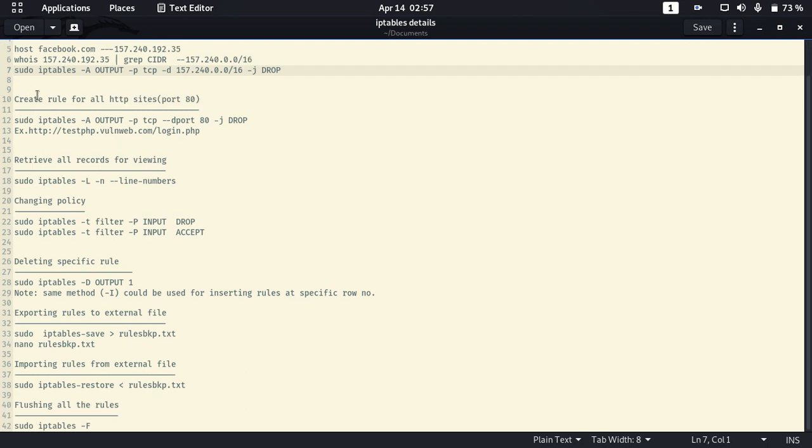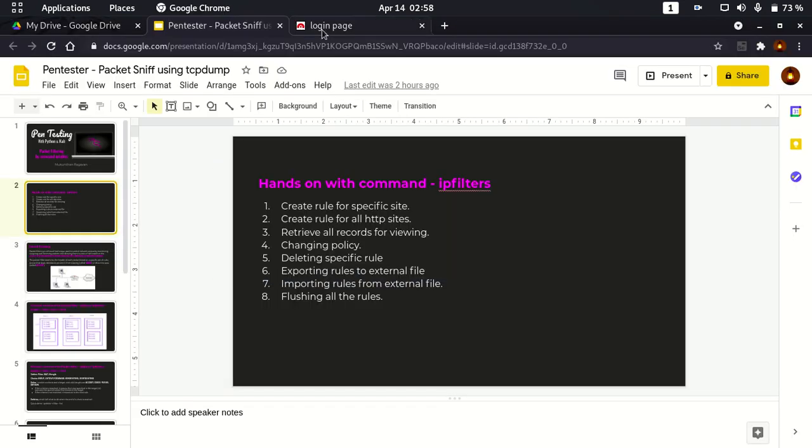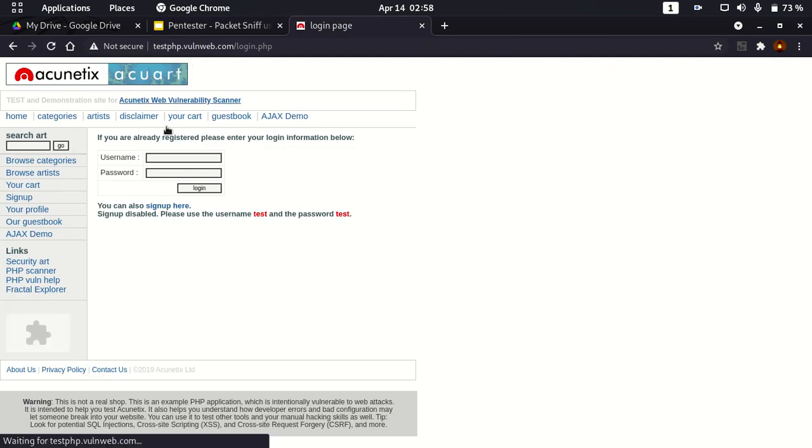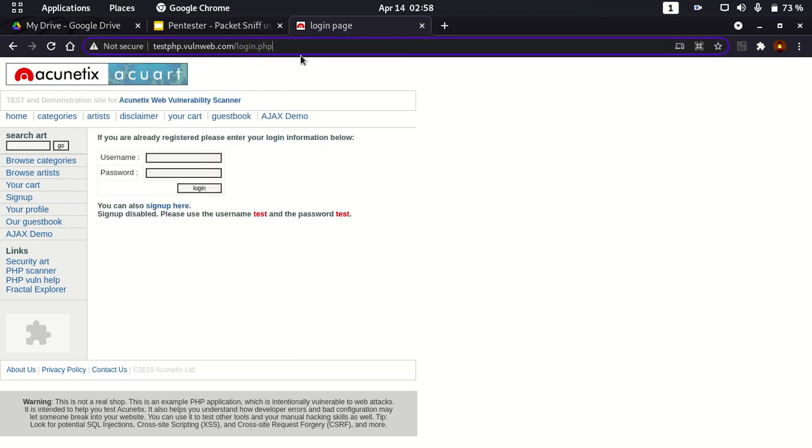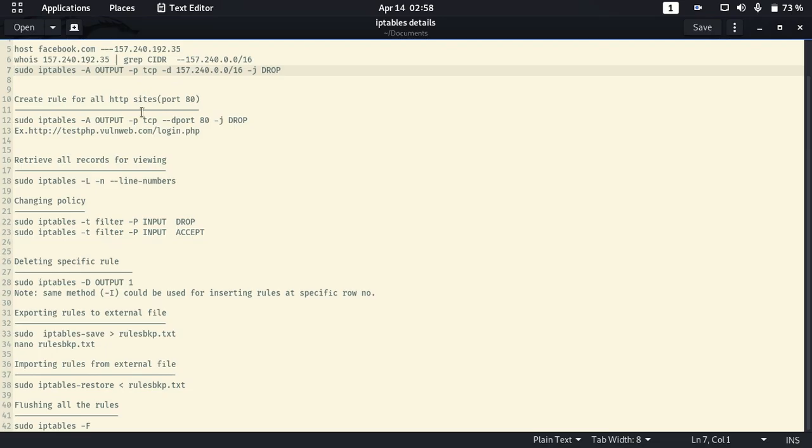Now let's create a rule to block all HTTP sites. HTTP sites, by default, use port number 80. By mentioning the filter condition of port number 80, we can drop all the HTTP requests. In order to see this, we will first see a normal HTTP site. Now you don't have any issues viewing this site, and it uses HTTP. Here you can see 'Not secure'. Even if you look here again, it says not secure, which means it is an HTTP site. Now we don't have any issues accessing this, but let's make this rule so that we block all the HTTP sites.